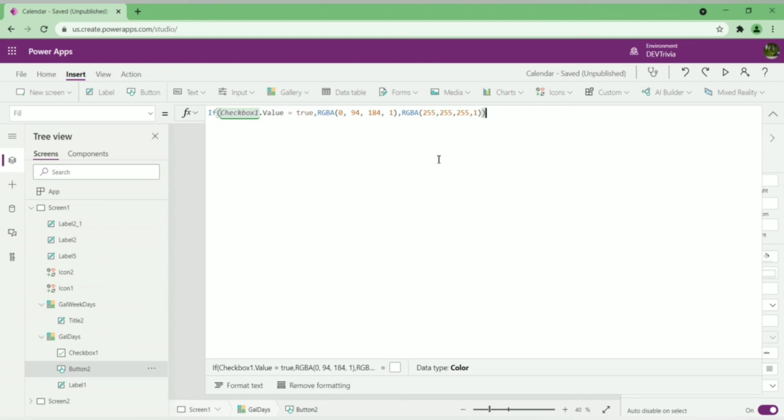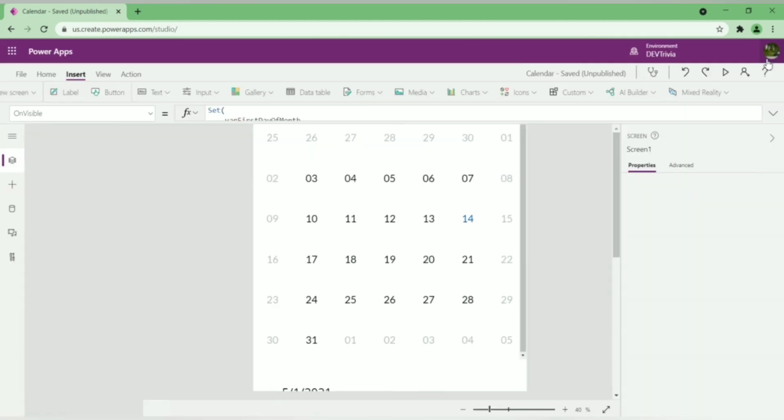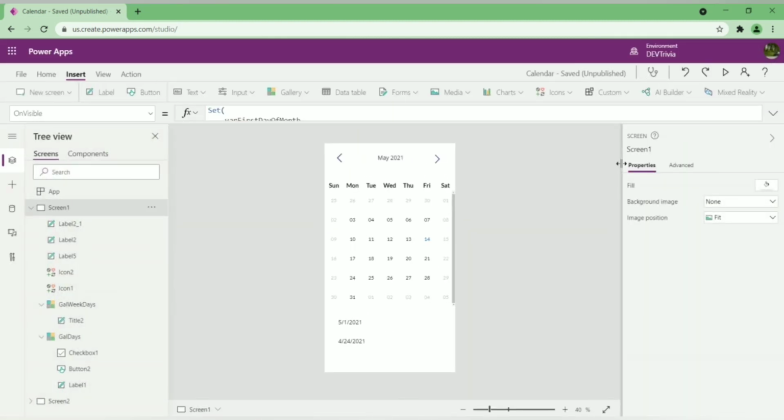Now I will demonstrate the same. As you can see, only the weekdays of the month are in black color, else it is in light gray color. If I click on gray color dates, then the dates are not selected. But when I click on the dates that are black, the text changes to white and the background of the button changes to blue. We can select multiple dates here. Today's date is 14th May, so the color of the date is blue. In this way, we can achieve the functionality of the calendar, and we also saw how to change the color of the text. I hope this helps and you like the video.